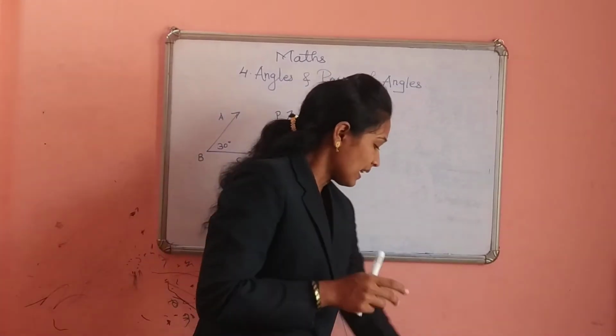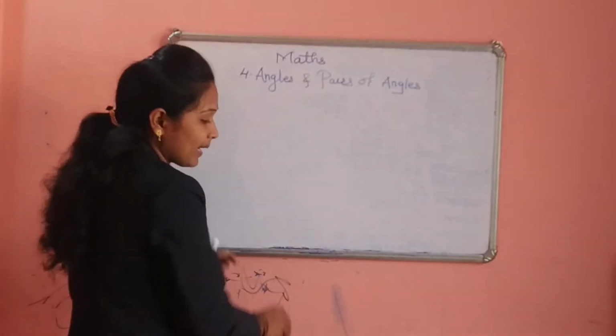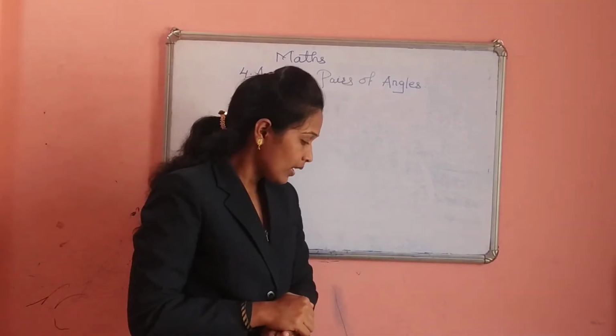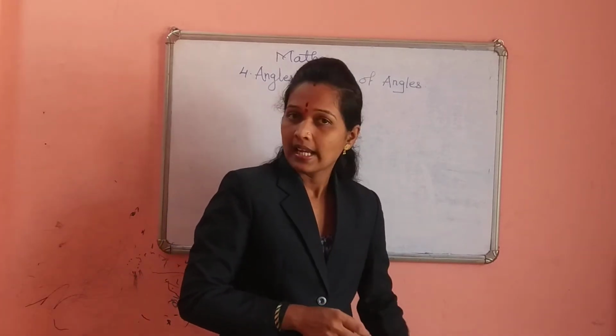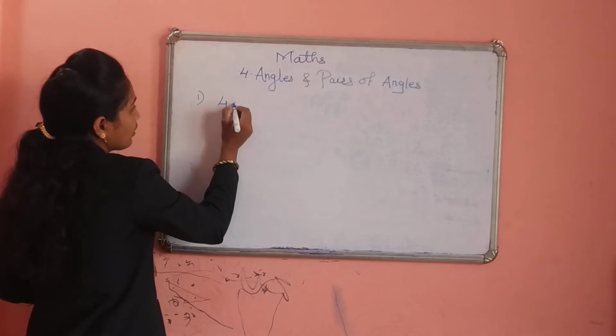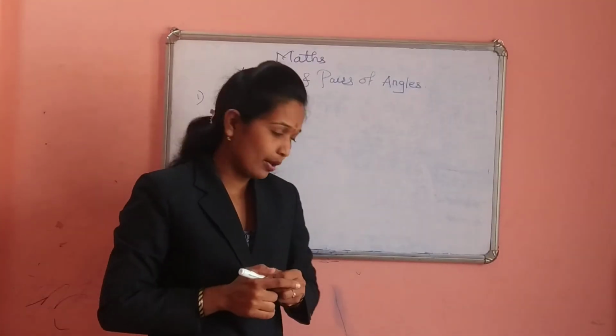Okay. So practice set number 16 today we have to learn. We have to find out the pair of complementary angle. The measure of some angles are given below. Write the measure of their complementary angle. So first example is given 40 degree. I am going to take only the first example and the last example. Next you have to solve yourself.